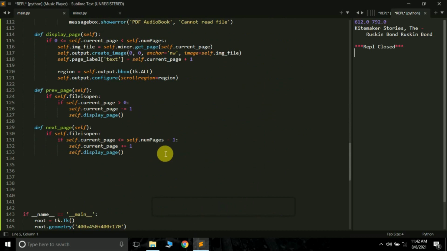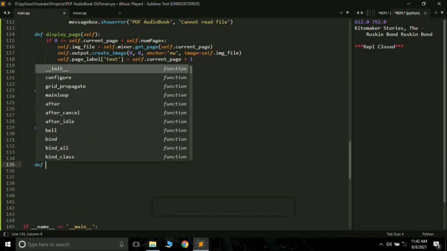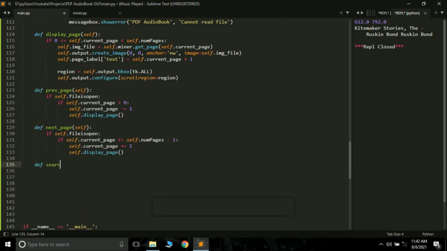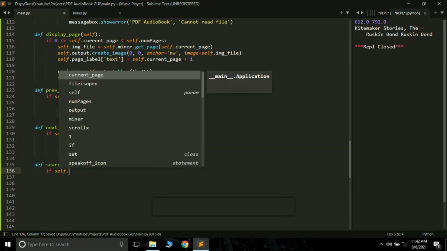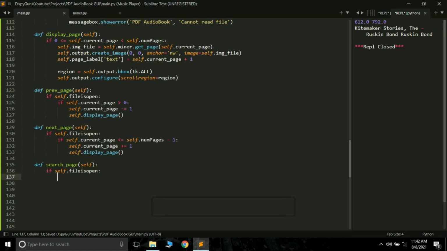Now the next thing is, let's create the search page function. We should also be able to search for a particular page. Okay, so def search_page, self. If self.file_is_open, what should we do?